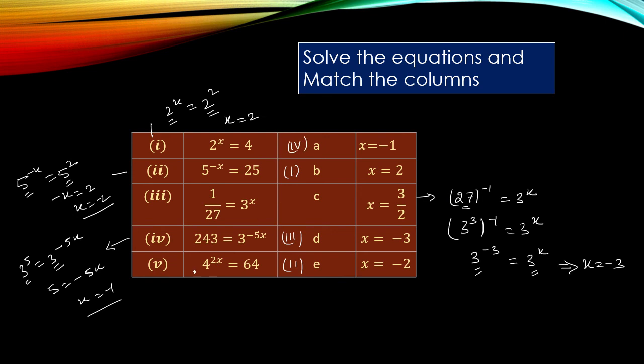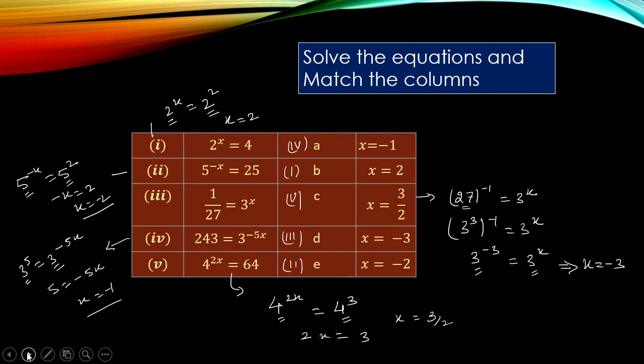So definitely equation 5 has the solution that should be 3 by 2, and this is option C. But we have to solve the equation. Now we can solve the equation. We are keeping the LHS as it is, 4 raised by 2x, and now writing 64 as 4 raised by 3. Now we are finding the bases on both the sides are equal, so we can compare the indices right now. So 2x must be equal to 3. So we can say x is equal to 3 by 2 is the solution of the equation. That is option C, which we are aware already.